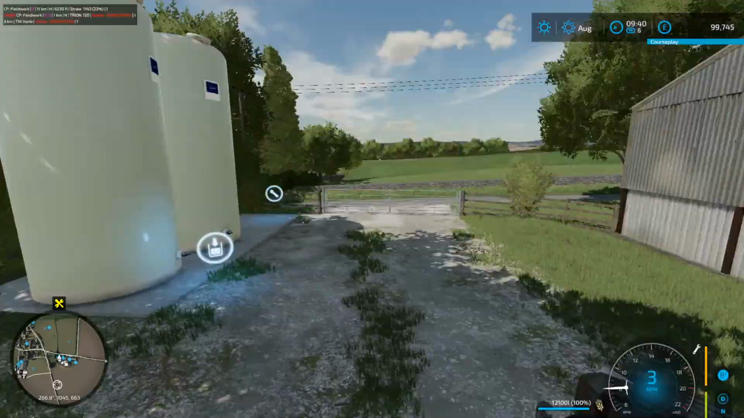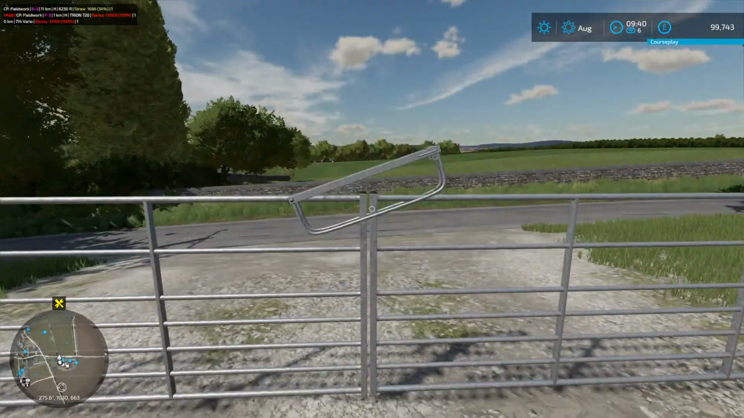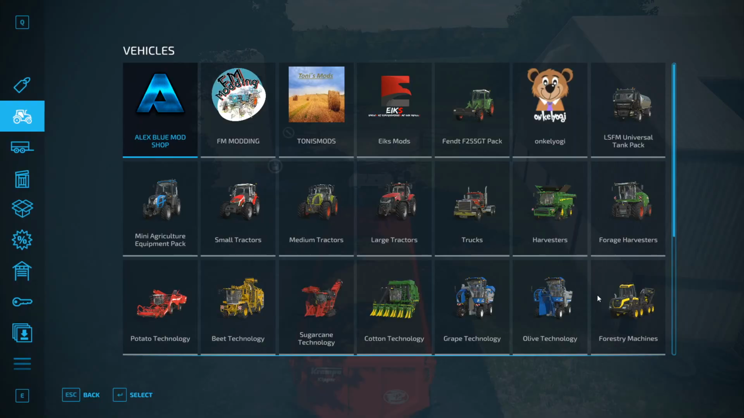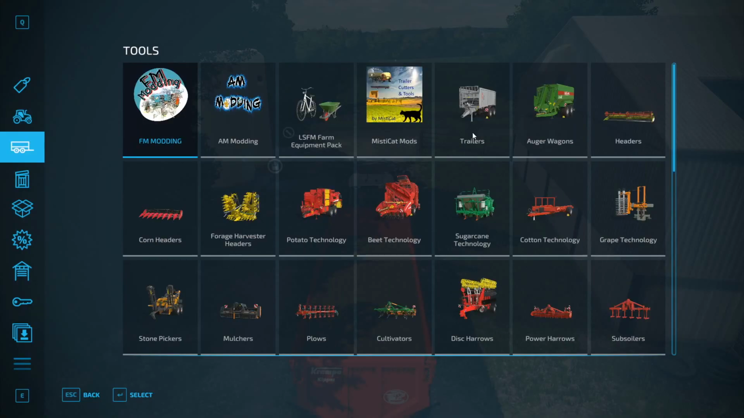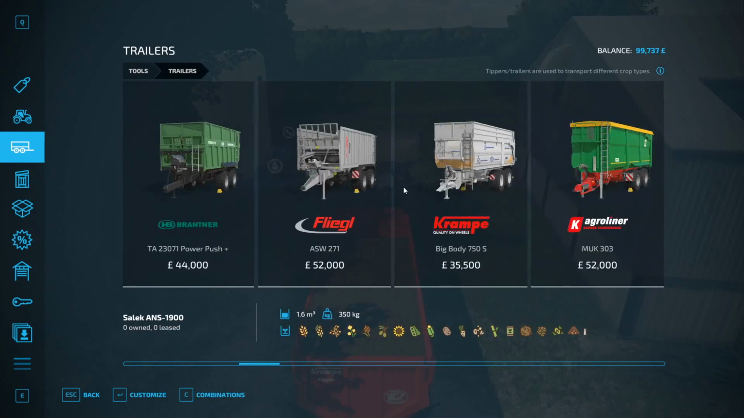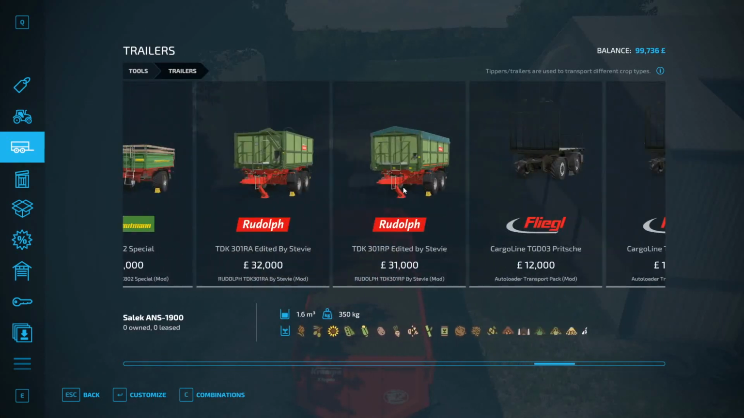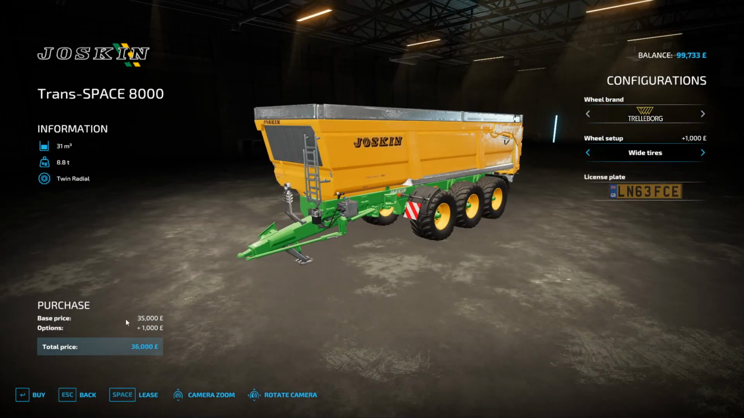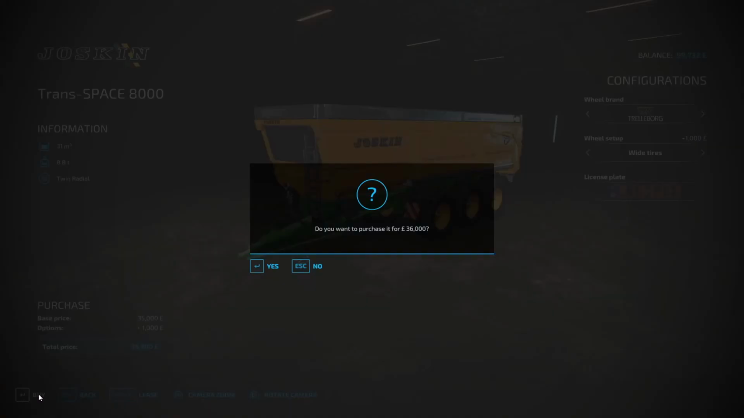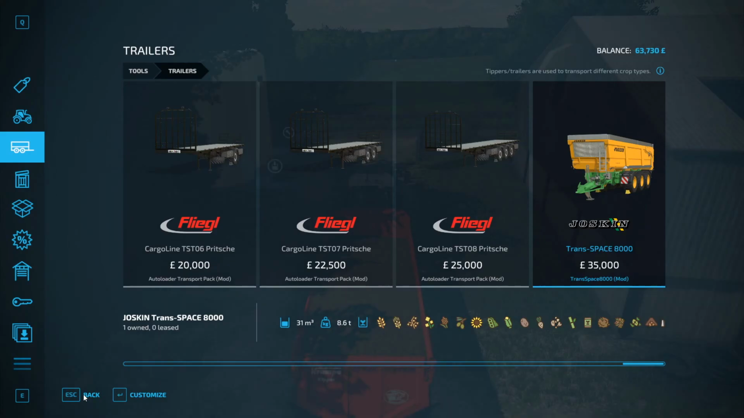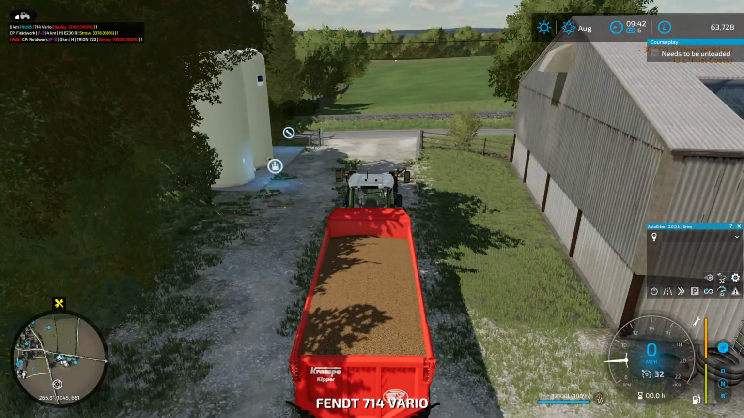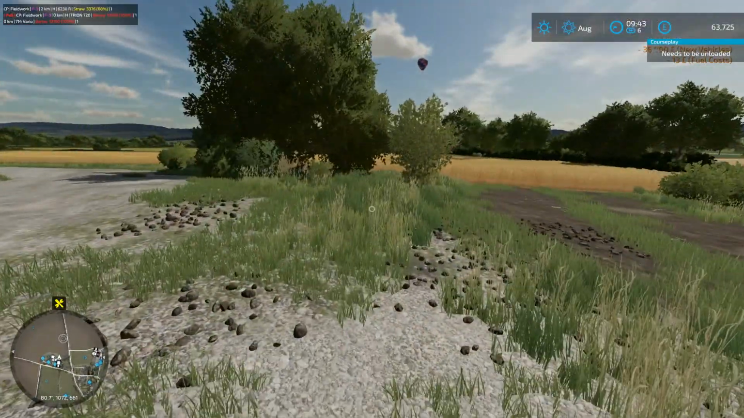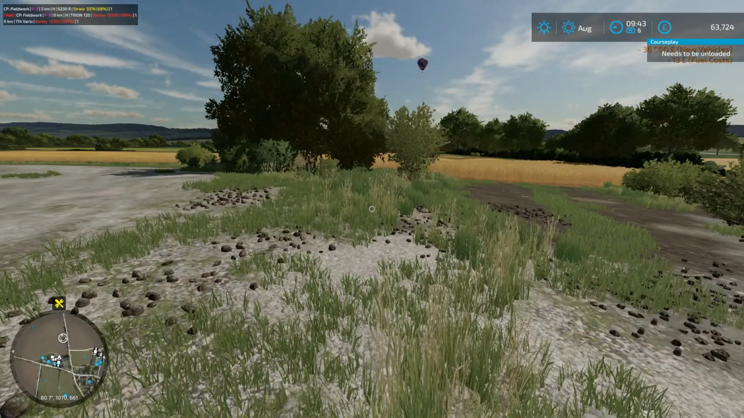This is really the only time you have to intervene, if you've got a full trailer. What I'm going to do is I'm going to purchase a bigger trailer. Where is it? I've got the Juskin one somewhere. Where are you? There he is. There we go. We'll use a bigger trailer. We'll buy that. And because I've got store delivery mod enabled, what we'll do is just